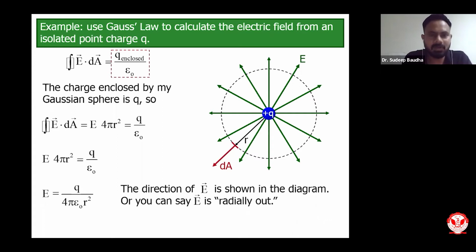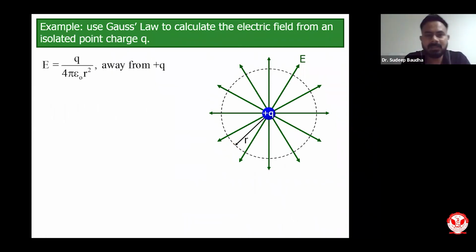So I have applied Gauss law for finding out electric field at a distance r. Now in this case, r is the distance selected for a Gaussian sphere. But in reality, you can have a value of r as a particular distance from the charge. r can be a numerical value. Q can also be a numerical value. And if you keep charge as some numerical value and r distance as some numerical value, you will finally be able to calculate the amount of electric field at a distance r from this particular charge.